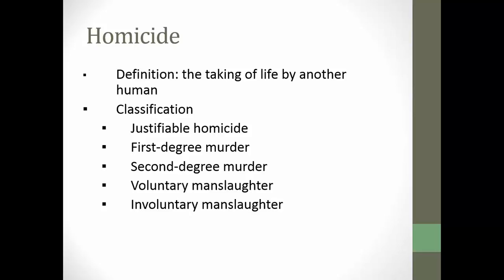So if you decided to kill your spouse and get the insurance money, and there's evidence that you planned ahead of time, that you thought about what you were doing and you knew you were going to do it, that's an example of first degree murder. Second degree murder is that you intended to kill somebody, but you did it spur of the moment or split second, without malice aforethought, if you want to use the technical language.